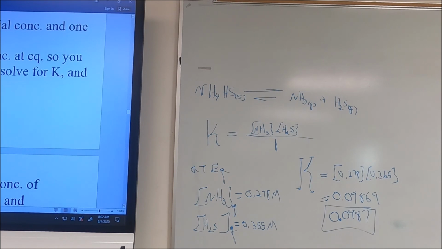Okay guys, here in problem type 2, find K given all initial concentrations and one concentration at equilibrium. You don't automatically know all of the concentrations at equilibrium. We've got to figure out some of the concentrations at equilibrium before we can solve for K. And to do this, we're going to use a tool called an ICE chart. Okay, I stands for initial concentration, C stands for change in concentration, and